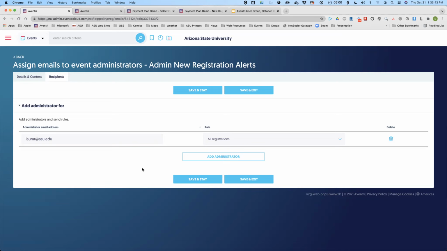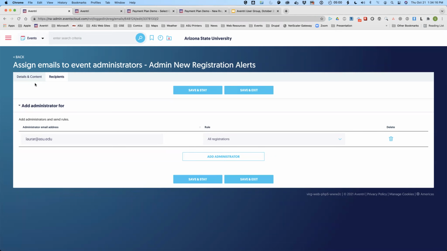Now, if you are sending this type of email, which in this case, again, was our new registration alert, to multiple people, you can just keep adding email addresses here. So what will happen is anytime someone registers, this person will get an email as designed back in the content section. If people no longer want to get their emails, just come back in here, click the delete button, and clear their email address out. Okay.